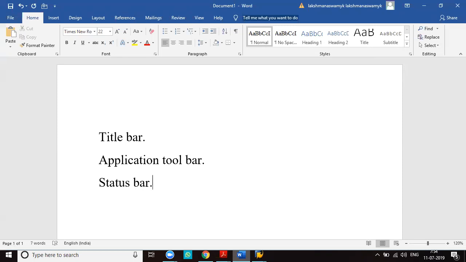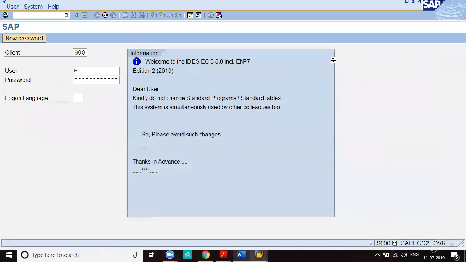It describes the name of the SAP application server, the transaction code we are using, the system response time, etc.